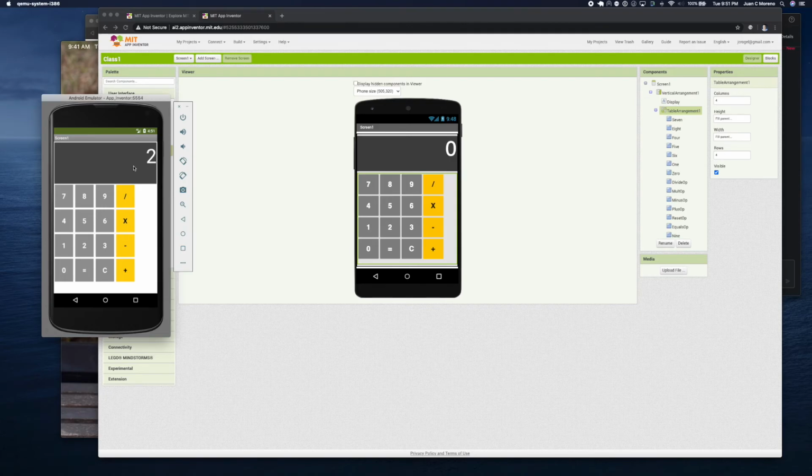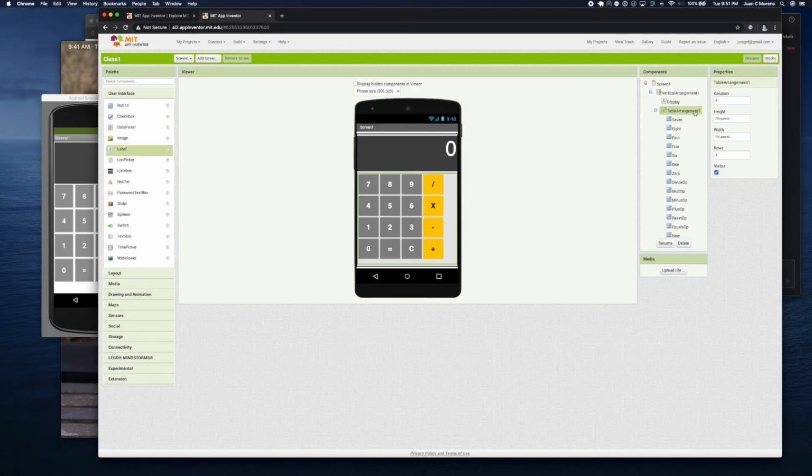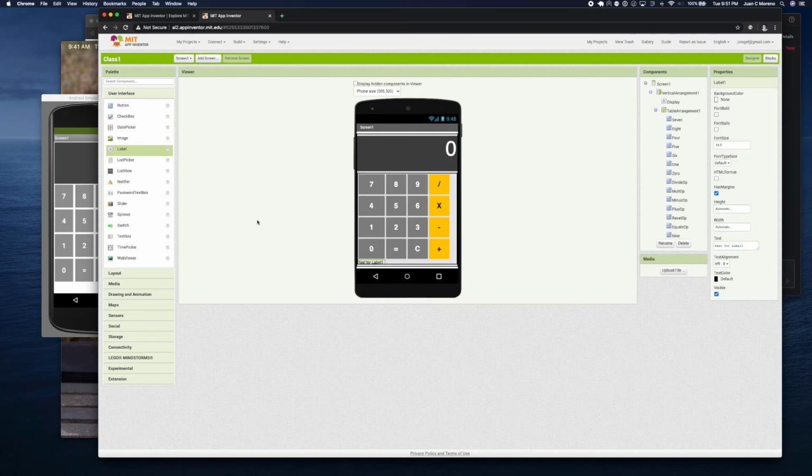Programmers a lot of times make mistakes while they are developing tools. The important thing is to have the tools and wisdom to navigate so that we understand what's going on. So what I'm going to do to really understand what's happening in this particular case, I'm going to change my table arrangement to 5 rows temporarily, because I'm going to add a few labels here